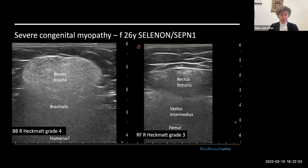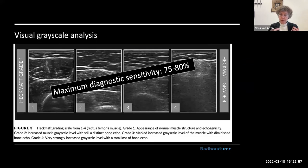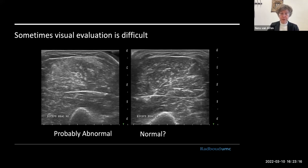So just two images, grade 4 and grade 3 here for her. And if you are just eyeballing the muscle like we are now, your maximum diagnostic sensitivity for detecting abnormalities will be around 75–80%, a little bit depending on your experience. So that's okay as a clinical screening. It might probably be better for a research tool, because sometimes, like here, it's difficult to gauge clinically or visually